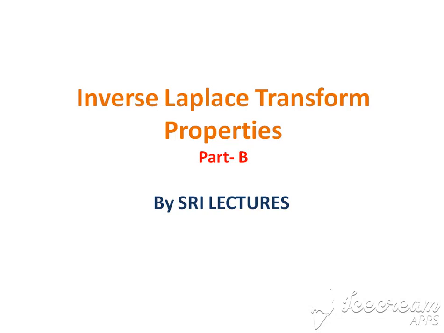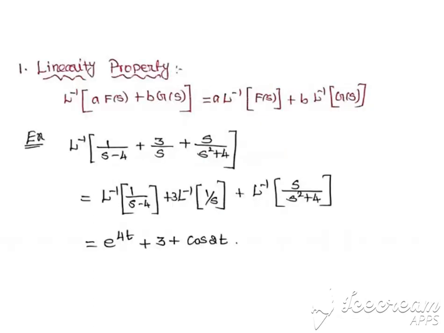So first, five properties we can see, with one example each. The first one is the linearity property. The linearity property indicates that the inverse Laplace of a sum of two functions is equal to the sum of the individual inverse Laplaces, while taking the constant outside. Here is one example: we need to find L inverse of 1 by s minus 4